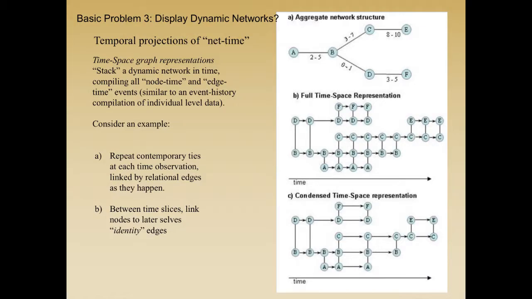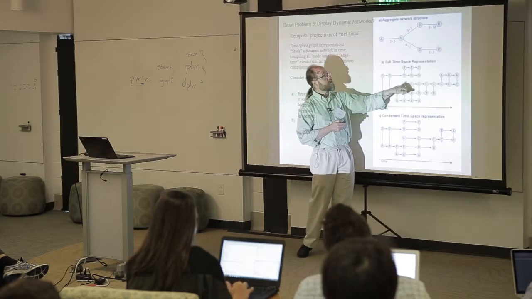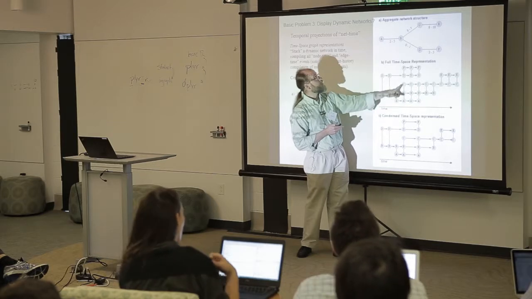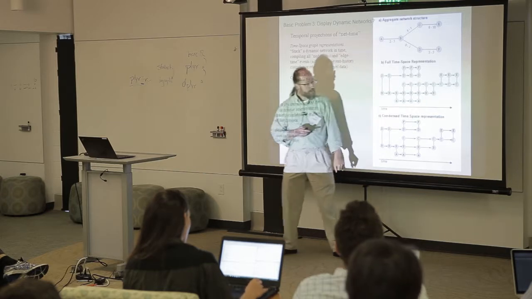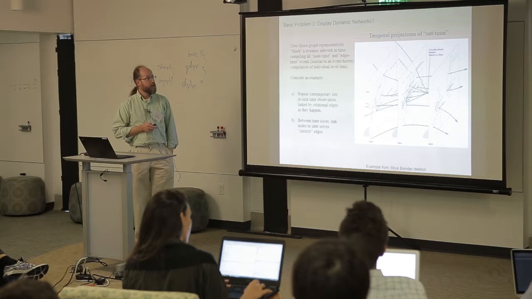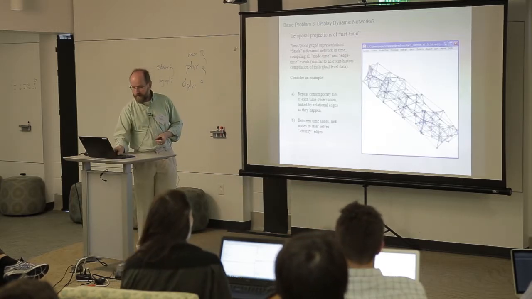So another way to represent dynamic networks is to think about displaying them as temporal panels. And so in this case, a relationship between A and B starts at time 2 and ends at time 5. We can represent that as a relationship between A and B that starts at time 2, 3, 4, and 5, right? And it turns out then that B has a concurrent relationship with C that started at some point. So let's see, B's relationship must have started at time 3 and goes to time 7. And you can see that they overlap here. This works great for networks that are relatively small. You would need other kinds of ways of visualizing these if you have more panels than that.